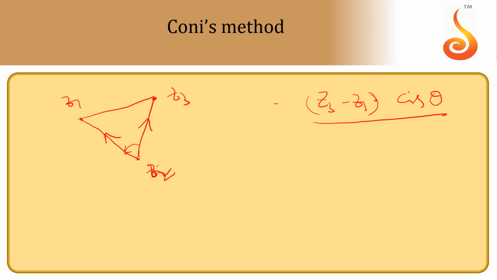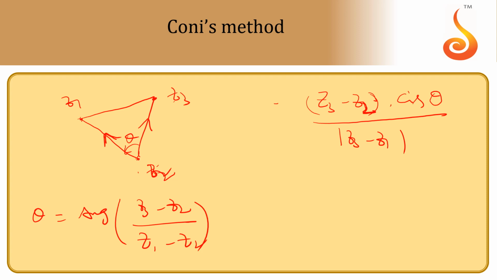Then if you divide this with the magnitude of z3 minus z1, what I'll get is a unit vector along this z1 minus z2, this is z3 minus z2, no? Again I'm telling, z3 minus z2 vector multiplied by cis theta, it will turn like this, this is theta, and this theta already we discussed, it is the argument of (z3 minus z2) by (z1 minus z2). So what I am doing is rotating the z3 minus z2 vector by multiplying with cis theta.